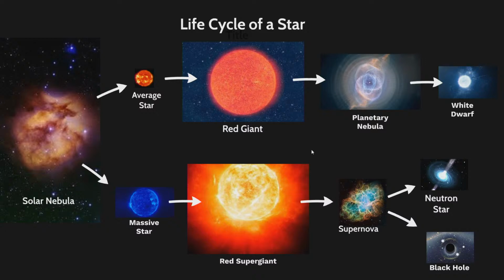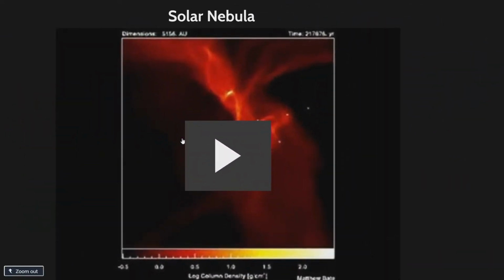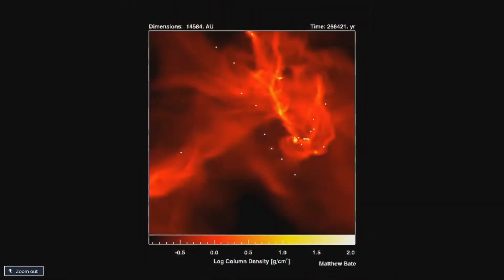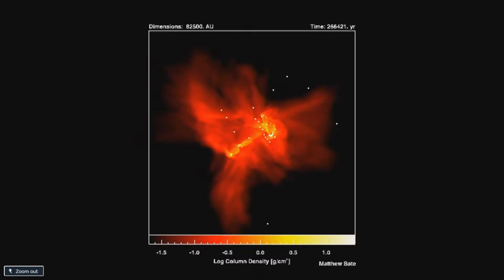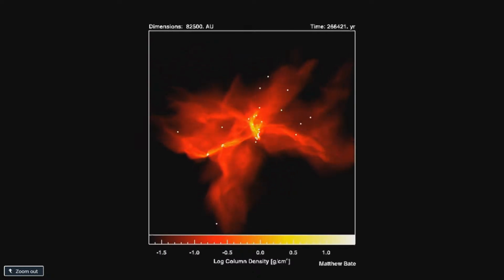Stars are made from nebulae, which are areas of dense gases. The gases will start to attract by gravity, and as they attract, they'll start rotating. You can see in this little animation,